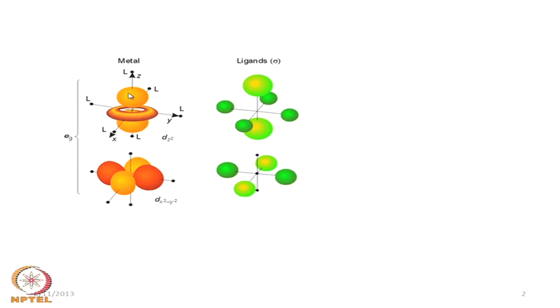So, we have one type of sign for these two lobes along the z axis and 4 others of different sign from the other 4 axes, which are the positive side of the x and negative side of the x, and positive y and negative y side. Similarly, for dx square minus y square only, we need these 4 corresponding lobes which are symmetry matched from the ligand